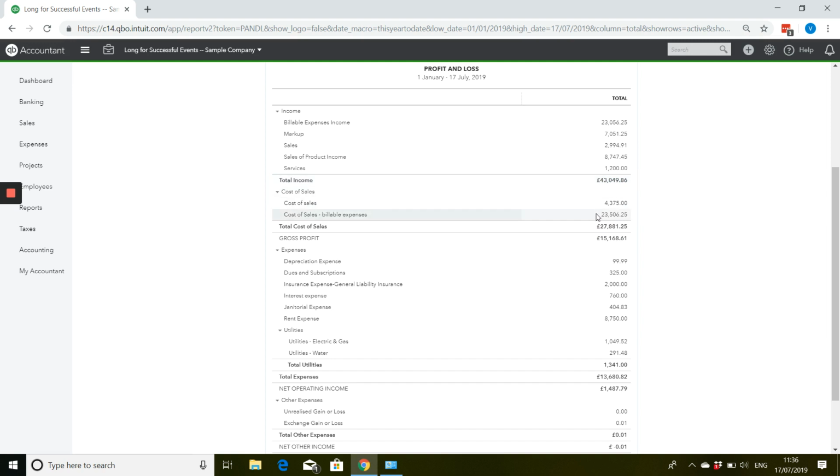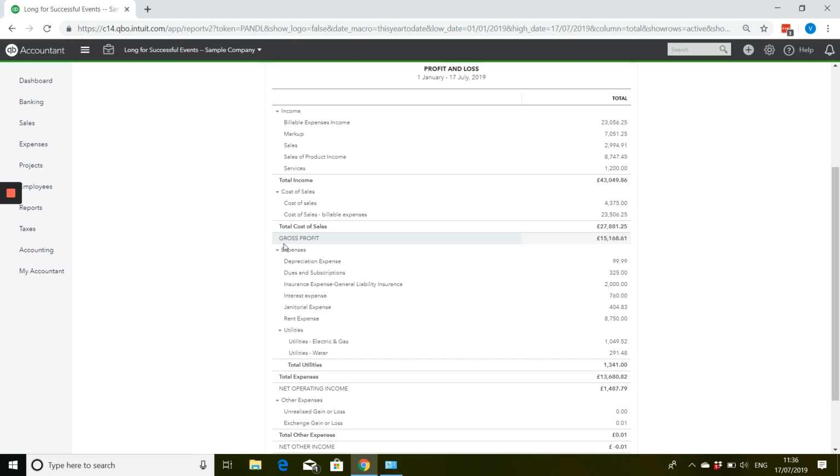So cost of sales, depending on what kind of business you have. If you make things or buy and sell things, then your materials, the cost of the goods that you've purchased, are going to be part of your cost of sales. If you are in construction, then the materials, along with some of the subcontract labour, are going to be in your cost of sales. If you're a professional service, sometimes any of the software that you use for serving your customers,